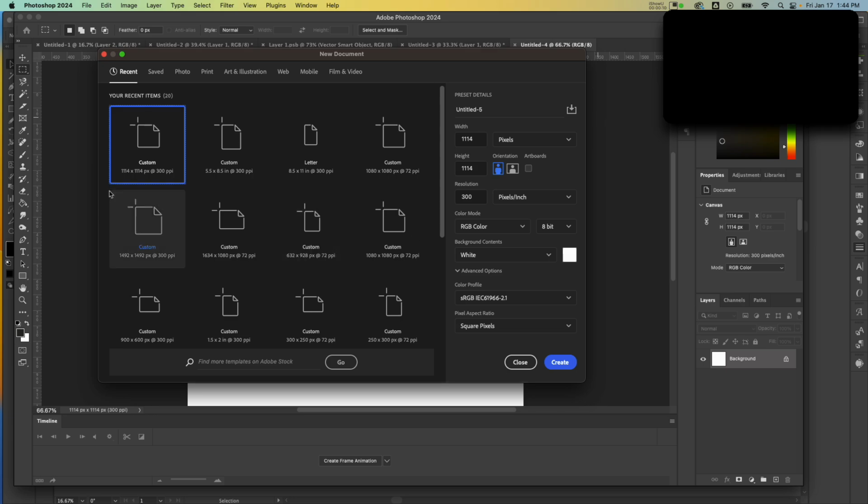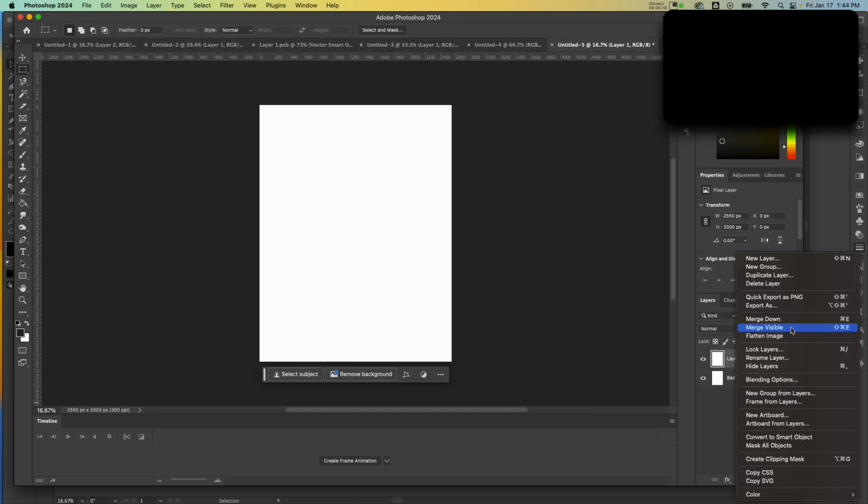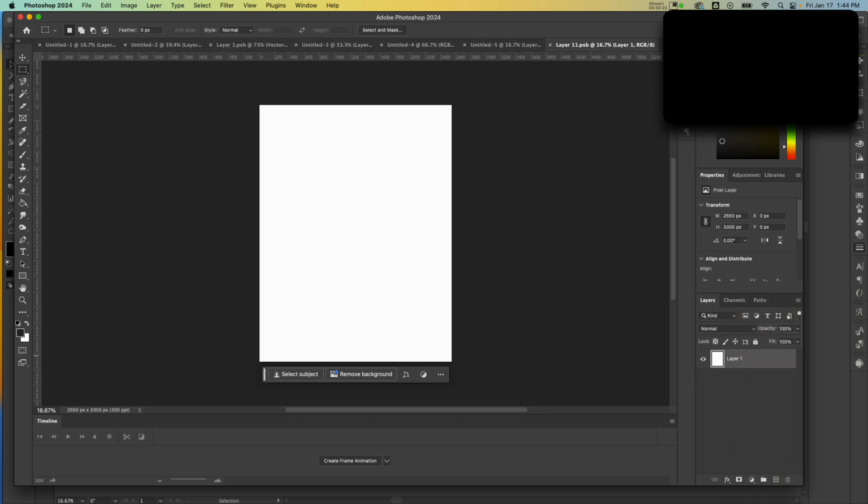Let's get a new Photoshop document going here. We're going to do letter size, create, Command J to duplicate, click it and convert it to a smart object. Going to double click it, and today